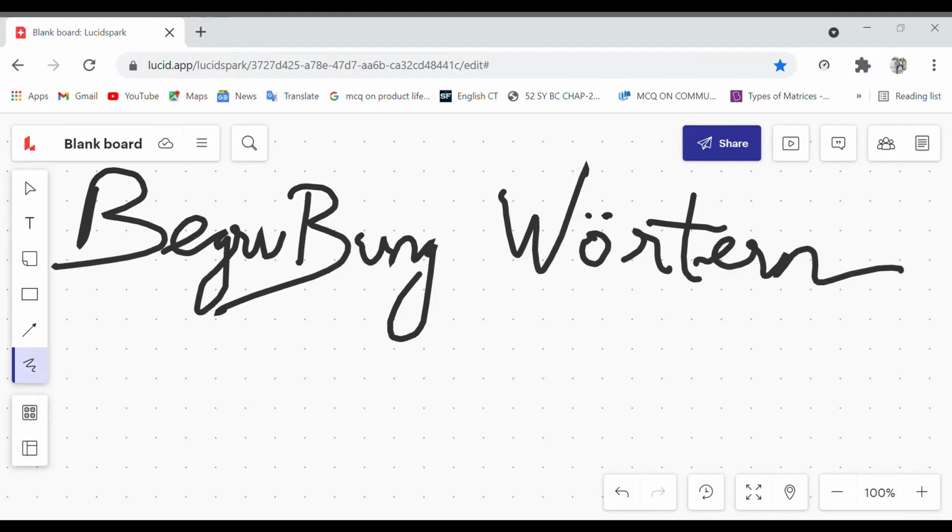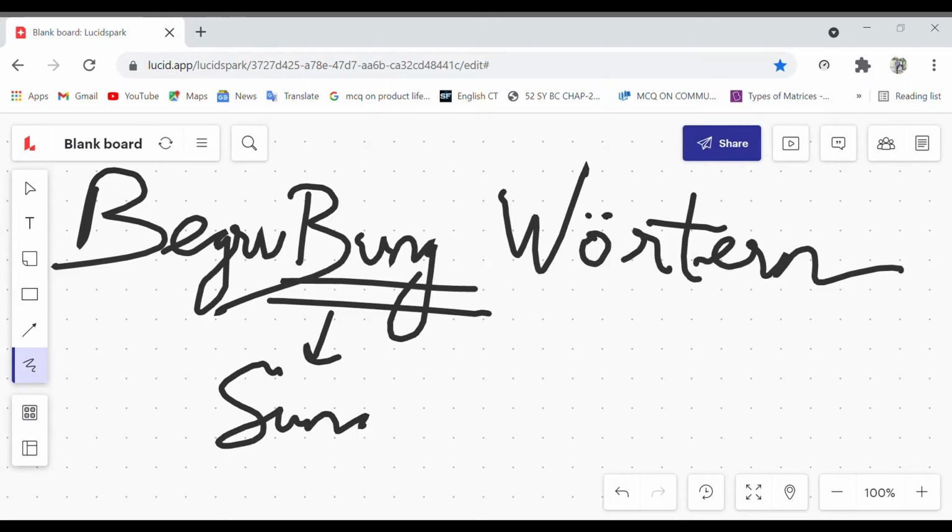So what's this? This is Begrüßung wollten. This is not bung. You need to pronounce this as sung if you see this kind of B. So this is Begrüßung wollten. Let me pronounce this also, wollten.